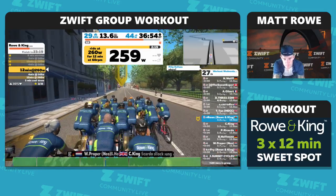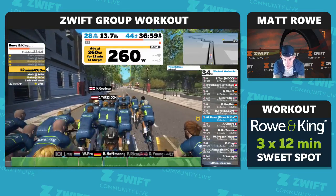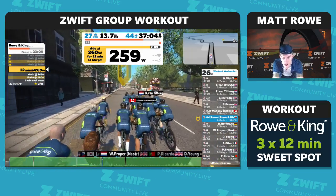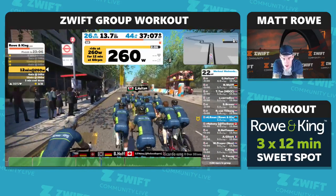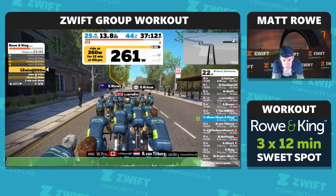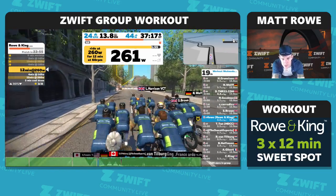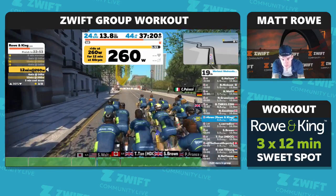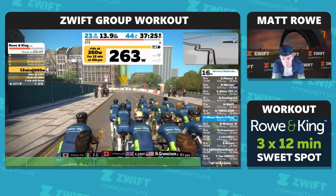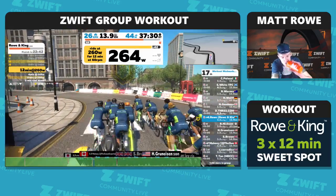Smooth. Keeping your upper body still. Let all that power transfer come from your legs. So hips down. And again, at this low cadence, you're trying to really focus on pedaling around 360 degrees of the stroke. So engaging all the different muscles in your legs to develop a more efficient pedaling stroke. And if you nail that at a low cadence, when you then revert back to a more normal cadence,